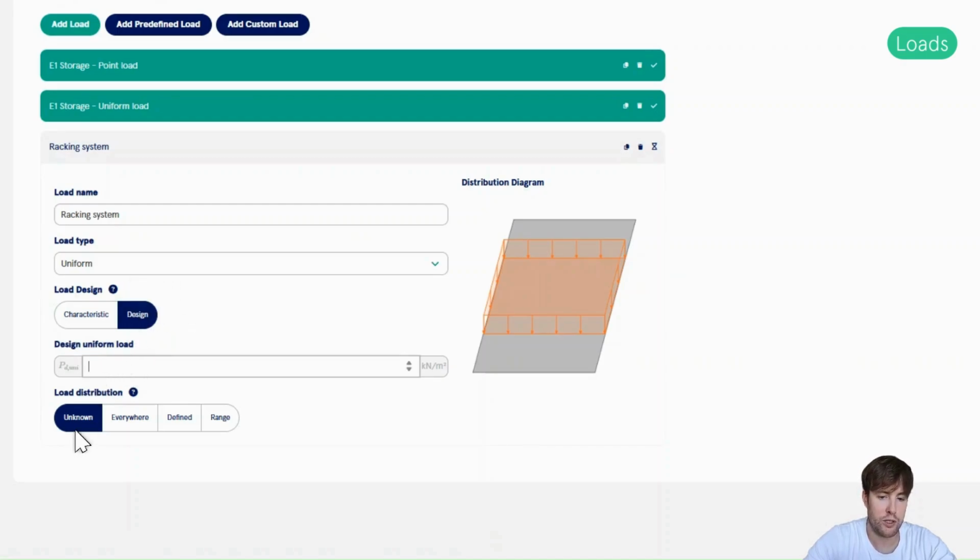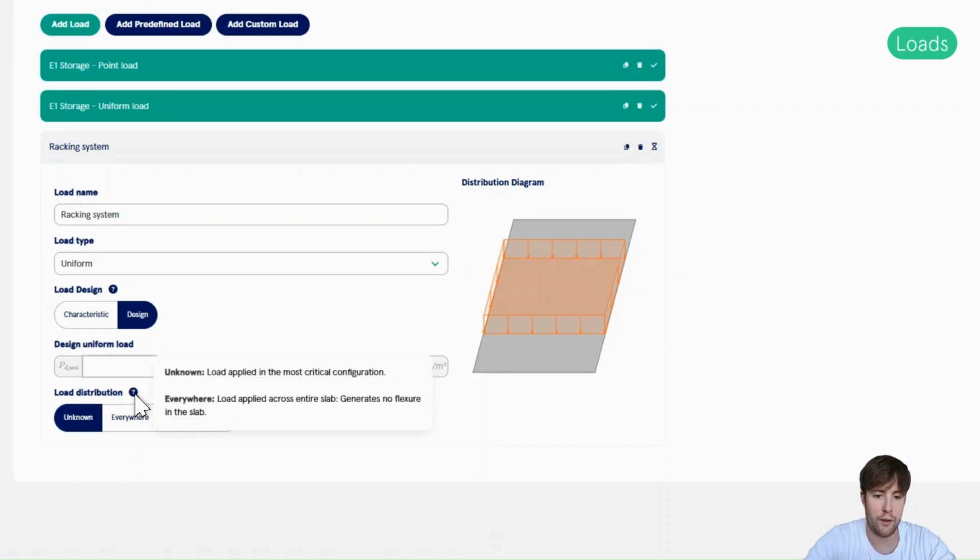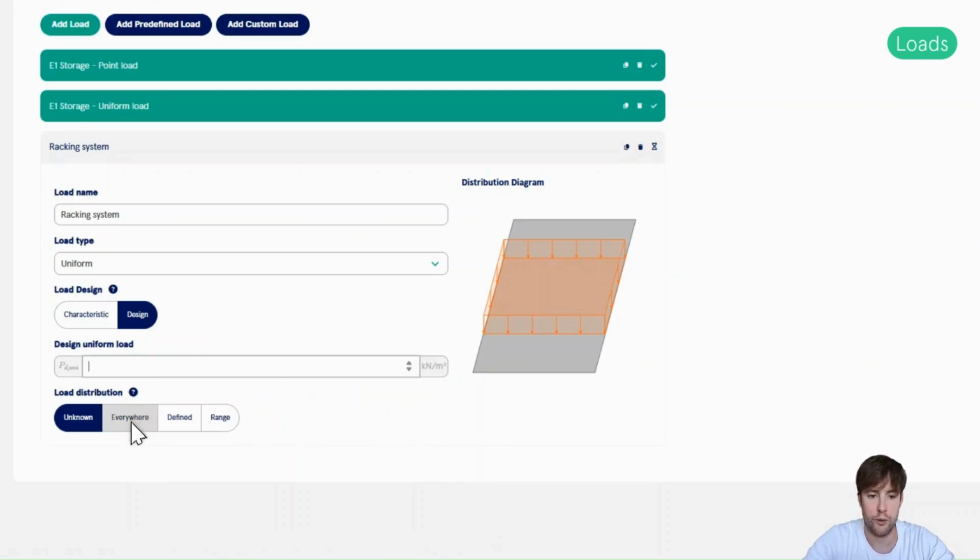For uniform loads, you can choose different load distributions. So unknown is where the program will add the load in the most critical load configuration, so an area with a load and an area without a load, which will result in the most bending in the slab. If you choose everywhere, the entire slab or this uniform load will be applied to the entire slab.